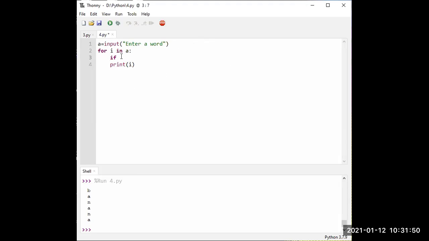So if, do I do if a equal to, and then why a? Because a is a string. You are taking each character, and each character is available through i. Yes. So if i double equal to